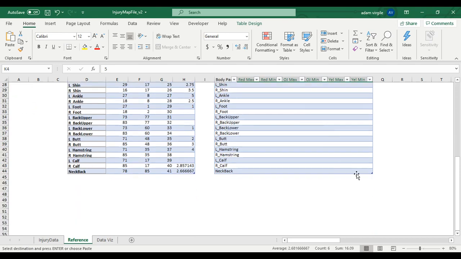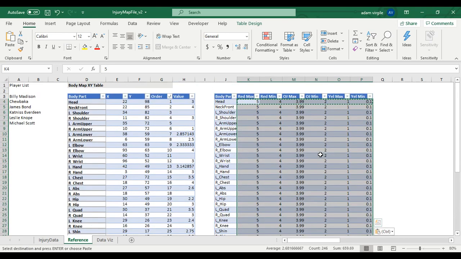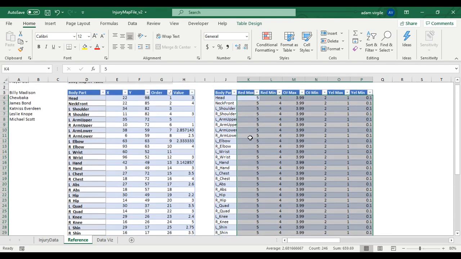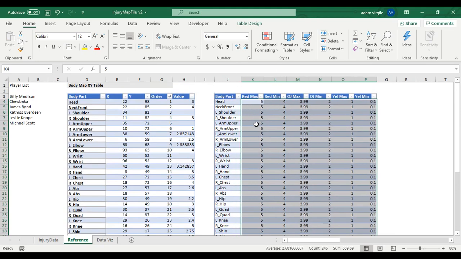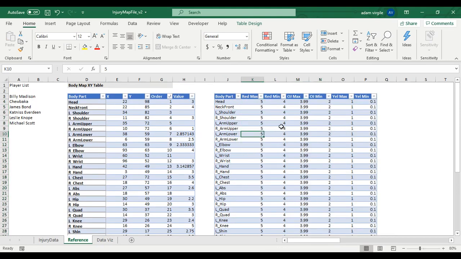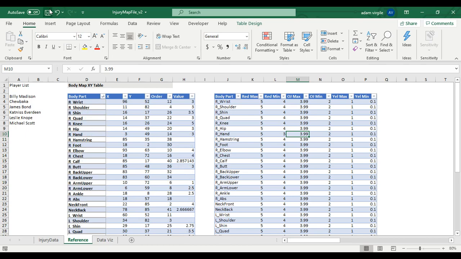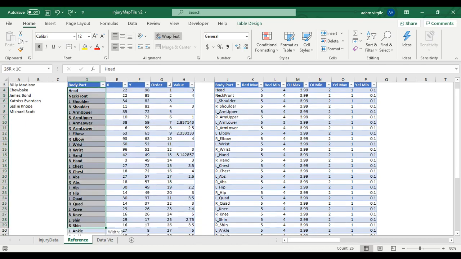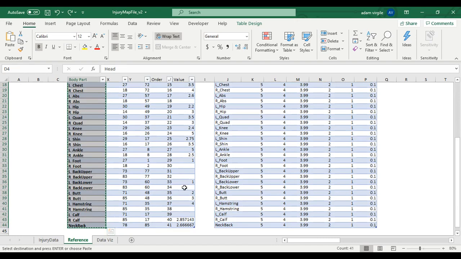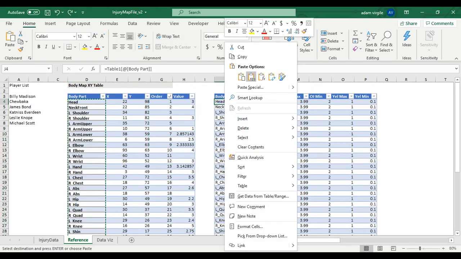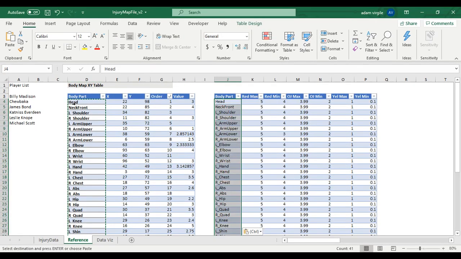Copy all those values and let's paste them here. And now what this gives us is the ability to say, well, actually, let me just test this. Let's say 3 arm lower. Yeah, no, so that's not going to work. What I should do is copy these and paste them here. I don't want to refer to these cells here. But in any case,